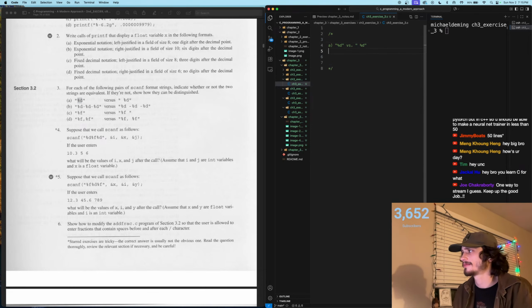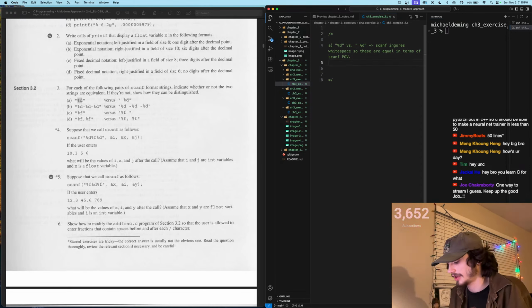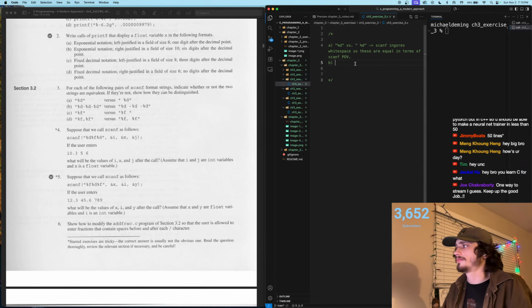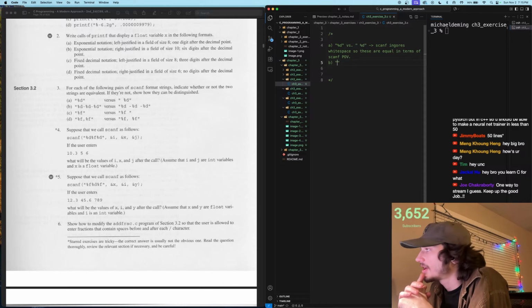So scanf ignores white space. So these are equal in terms of scanf's point of view. So these ones are obviously not equal because these have characters. Well, we said they ignore the spaces. So